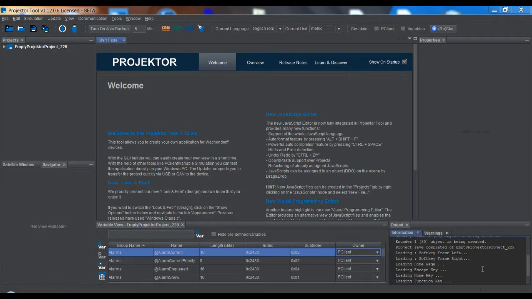Welcome to the Projektor Tool training. In this video we will take a little tour around and look at everything. If you already know the Projektor Tool, you may skip this video and instead check out the What's New video